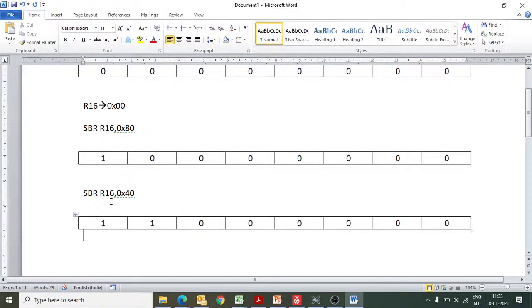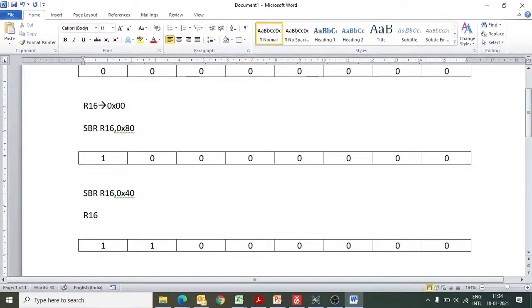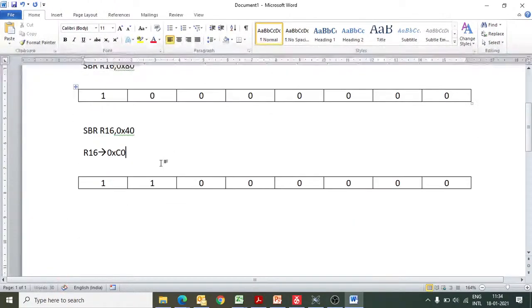So now our new content will become... R16 would become how much? 0xC0. So ultimately this is setting the bits corresponding to the ones in this binary pattern, which we are specifying.